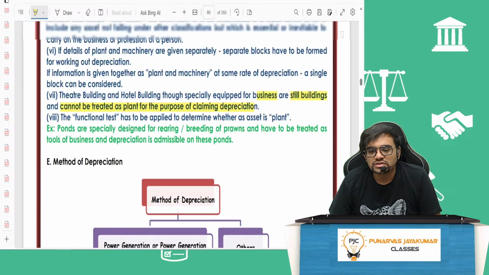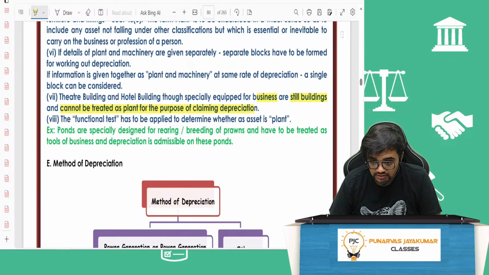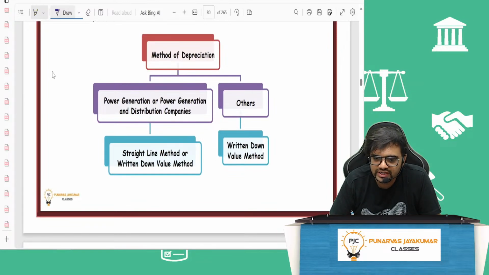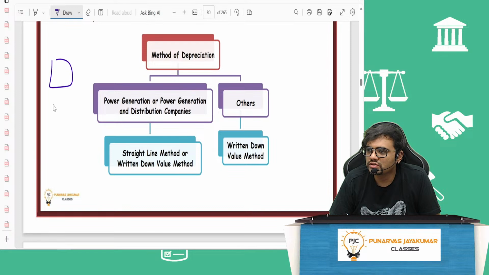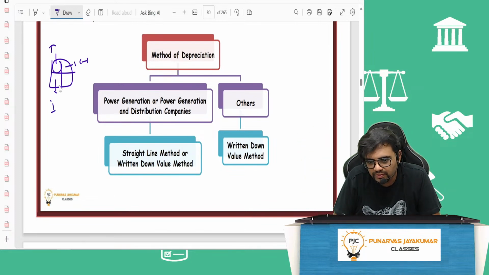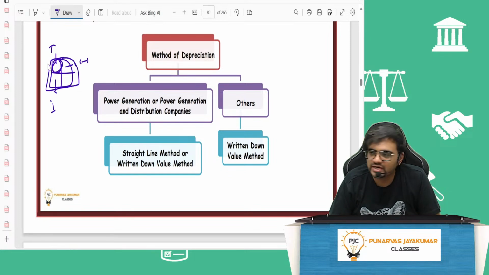Got it? So that is regarding all these things. Then the functional test. And of course, one more thing, like you are into pearl rearing, prawn rearing, anything they can ask you. You are rearing prawn, fish, crabs. In a dedicated area, here extra high nutrients, here medium nutrients, here low nutrients. So crabs, prawn, those who are weak, you will put in an area where there are high nutrients. Now the question is this, pisciculture: is this land, or is this building, or is this plant and machinery?